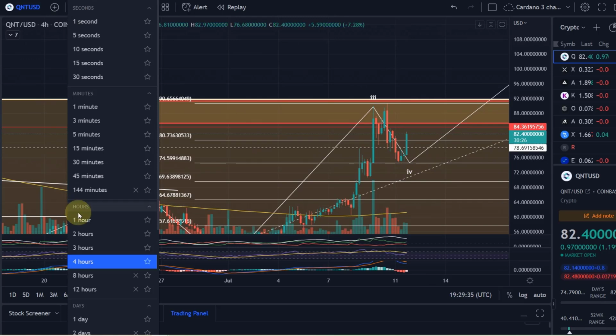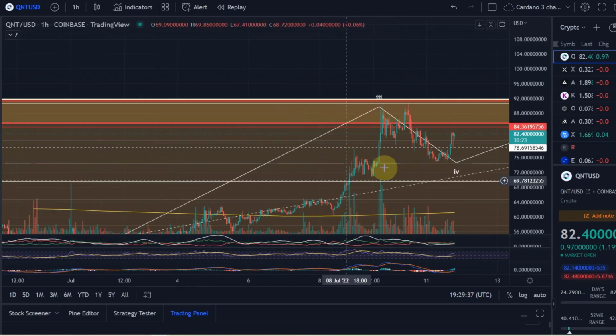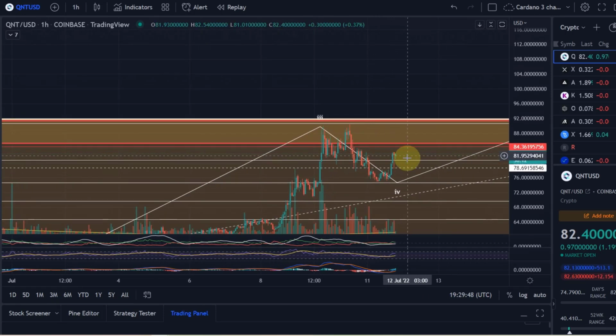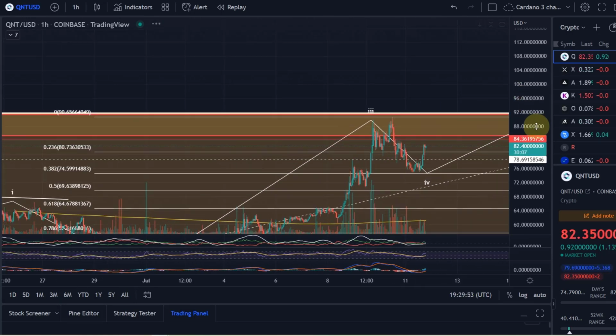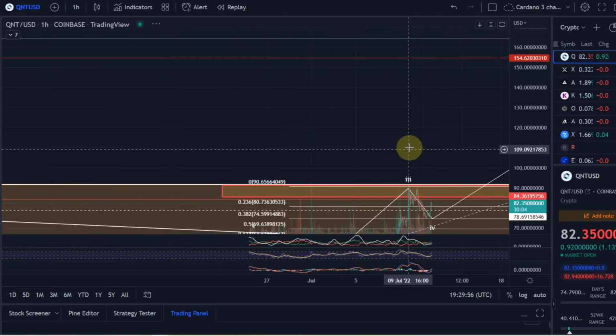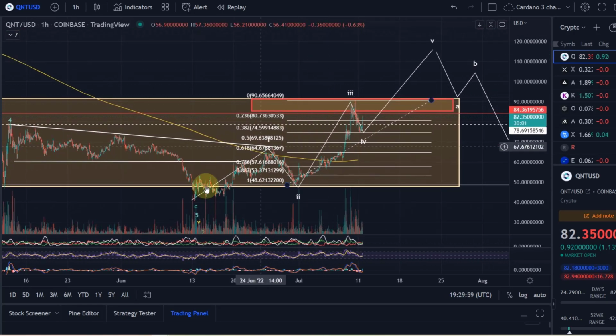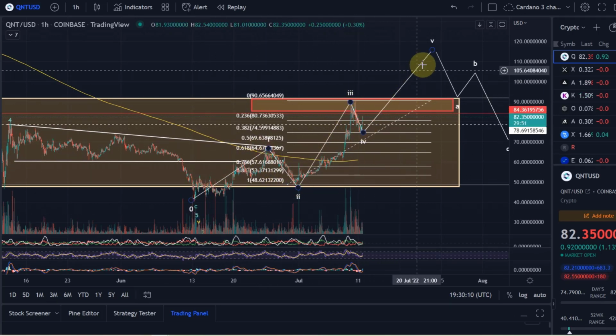And let's go to the 1-hour chart. And again, we're approaching resistance here. So again, this would be first indication that indeed wave 4 is over, would be a move above that $83, $84 range. Now we haven't managed to do that yet. And again, breakout point would be above $91. Then that move should take us, and this is what needs to happen for a breakout scenario. We need to move now above this resistance area. I'm not telling you this is happening. I'm telling you this needs to happen to make a breakout scenario much more likely,